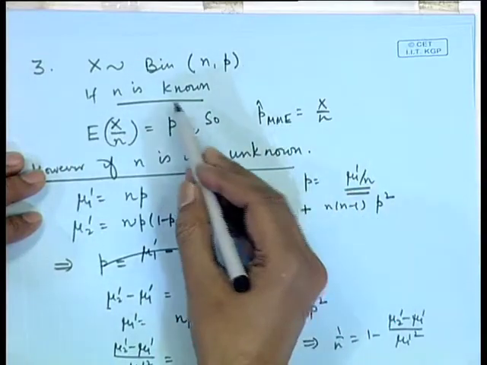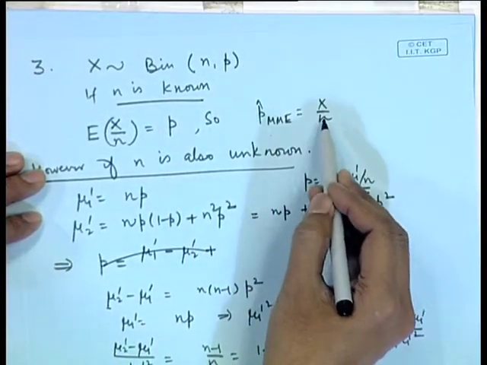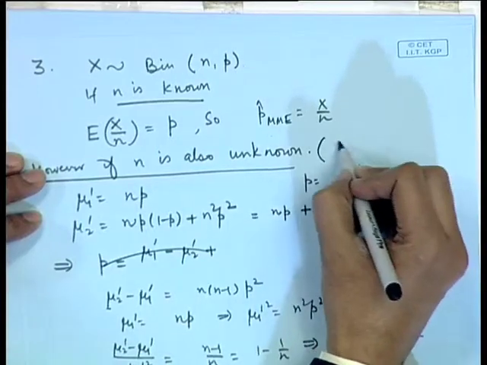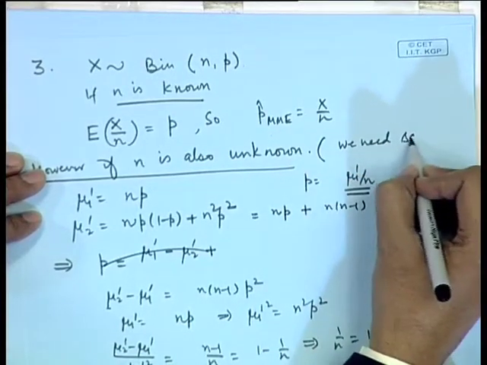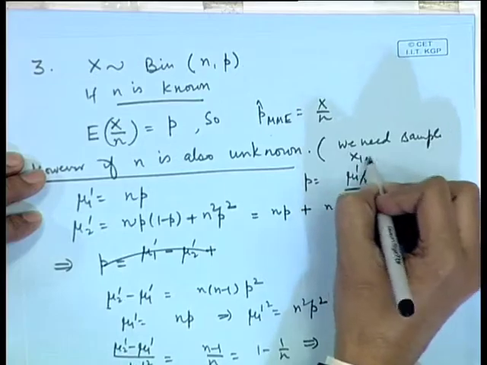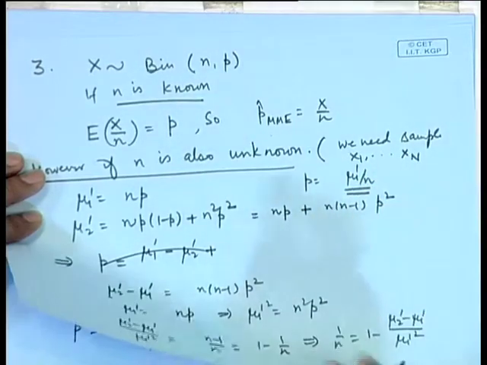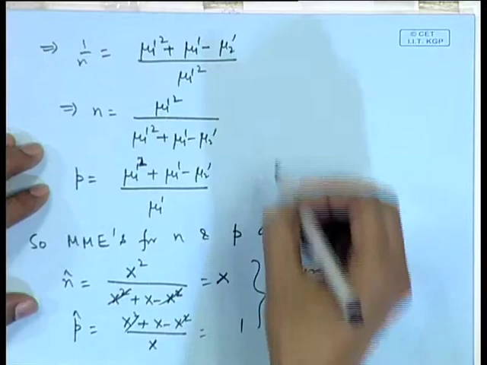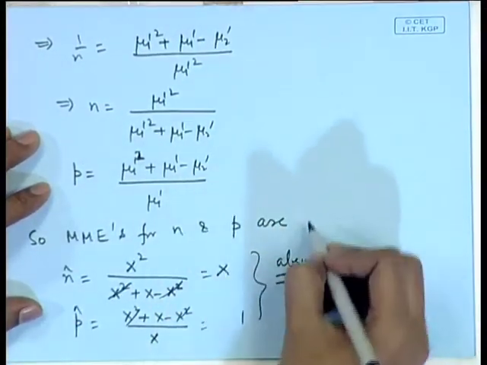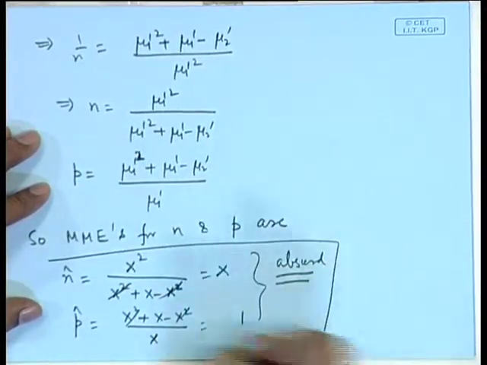Since I have two parameters n and p, it is not possible to estimate both of them with one observation. That means, I need to take a sample here. So, when n is known, it is all right that I use x by n, but if n is unknown, we need a sample. So, let me say the sample is x 1, x 2, up to x capital N. So, in that case, this situation can be resolved. So, here the MMEs will be